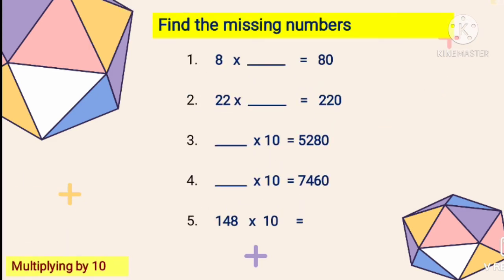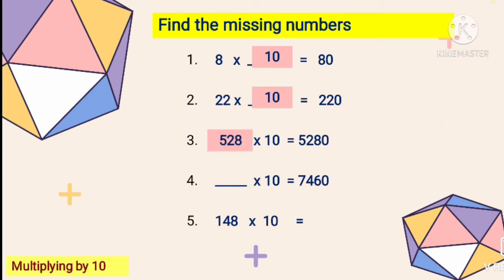Find the missing number. So 8, how many you will need to multiply if the result becoming 80? Remember 1 zero? It belongs to 10. Yes, 22 becoming 220. How many zero it adds? 1. So it means multiply with 10 too. Now, how many times 10 is becoming 5280? You just need to cross the 0 from the 10. So it becoming